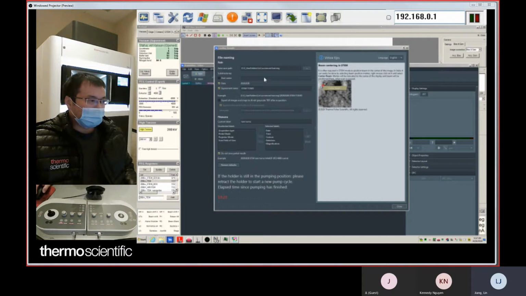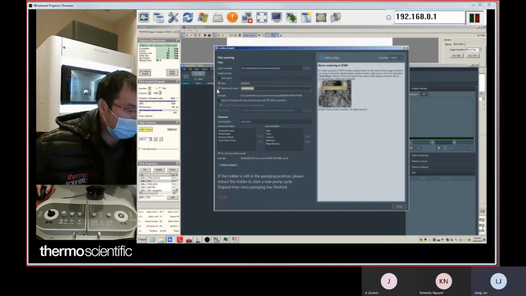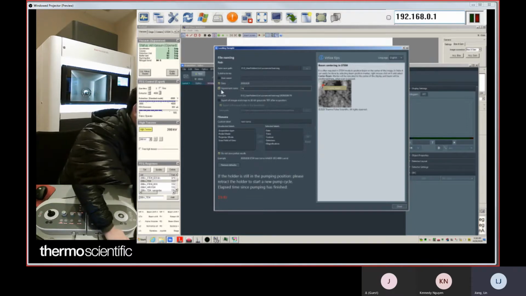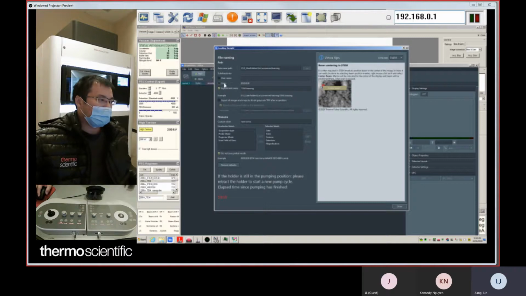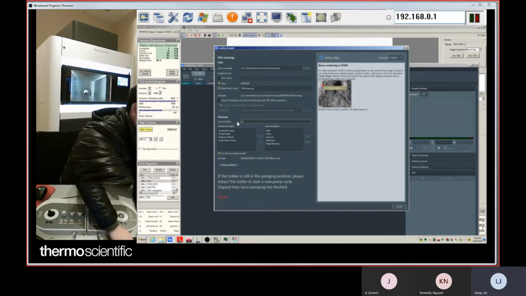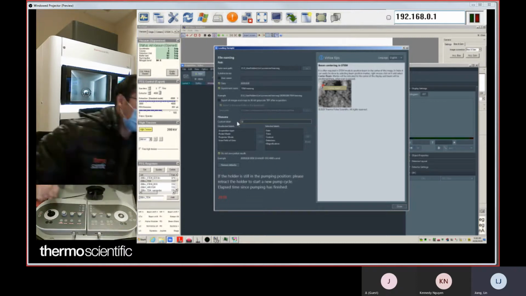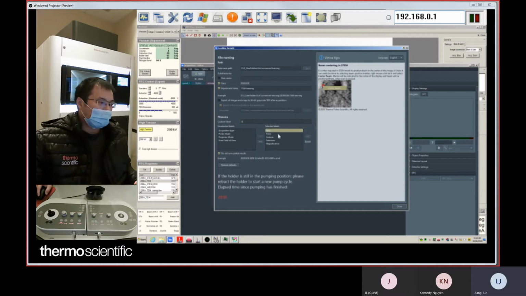Once we load the sample, it's asking me to define the file name, path where you want to save my data, and also the date. Whether you want to experiment A, I probably go for 10, 20. Okay, and also whether you want to include date in the folder, and also you can custom your label. Say this is a silicon sample, and what kind of label you will want to include to